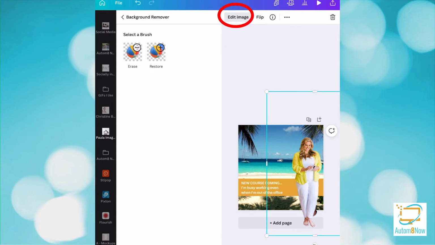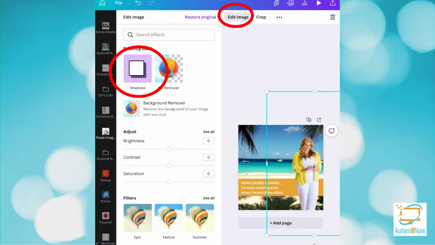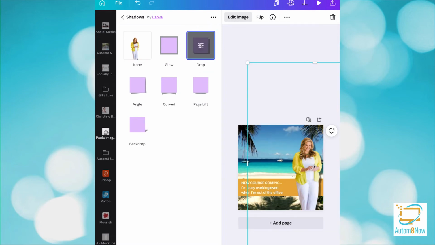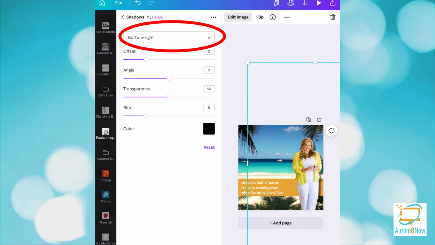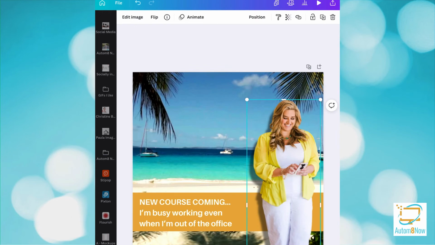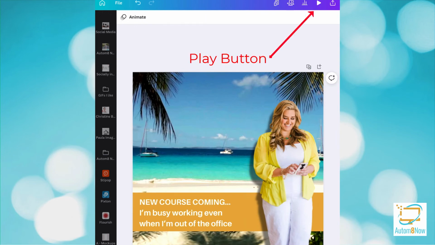And I'm then going to put a shadow in as well, so I'm going to put a drop shadow. So once again in that edit image area, I use the drop shadow, and I'm going to drop the shadow not to the right. I want to change that. And I'm going to increase the shadow so that it shows a little bit more. And I'll apply that. If you don't see the shadows up the top, remember to scroll down the first time you use them. They will show further down the page.